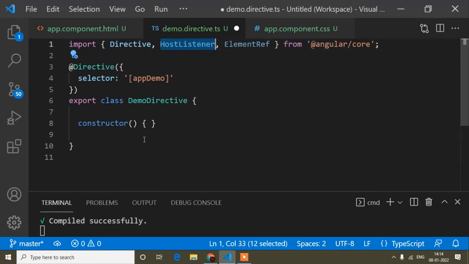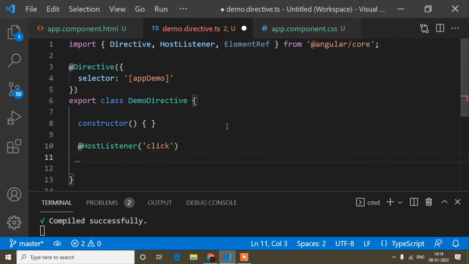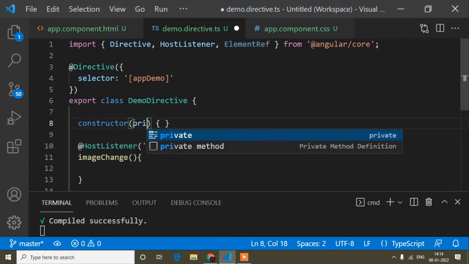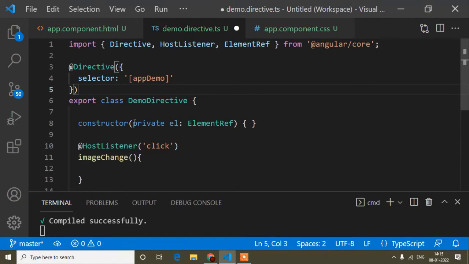Here I will write @HostListener, with the method name click, and the method is imageChange, like this. I have added the important ElementRef. Here I will write private, and the variable this el, you can write anything, and the type is ElementRef. This is actually the syntax.